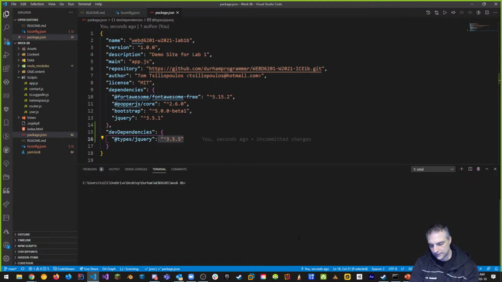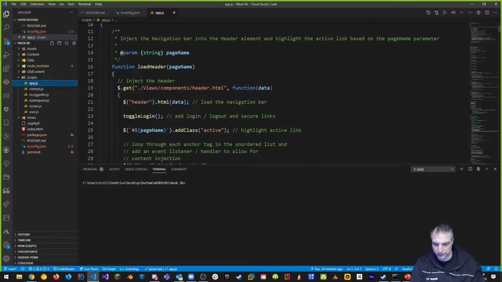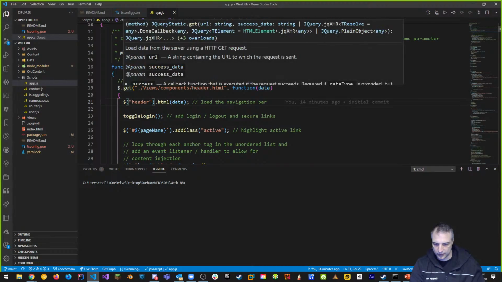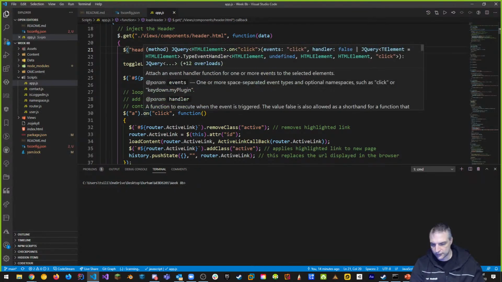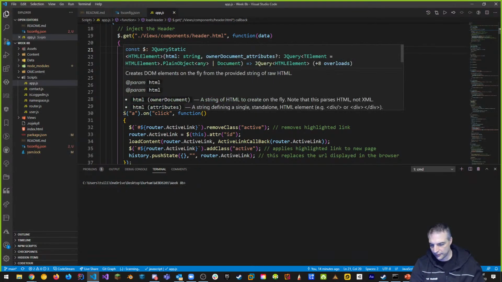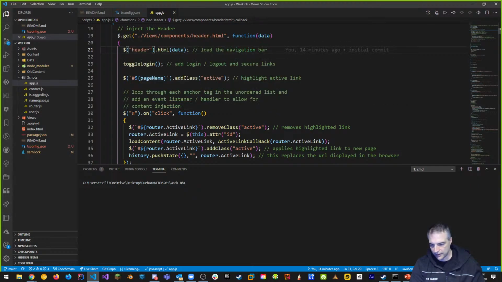All right, so cool. So I've got this jQuery stuff. What does this do for me? Does it assist me when it comes to doing things with my app.js? If I hover over again, it says jQuery static. If I go to this, it looks the same, but you're going to see additional functionality when it comes to using jQuery and other languages, because of what TypeScript does for us. Now remember, it gives us some hinting, but where we get the most use of it is when we start converting our files from JavaScript to TypeScript, which is really what our exercise is this week.